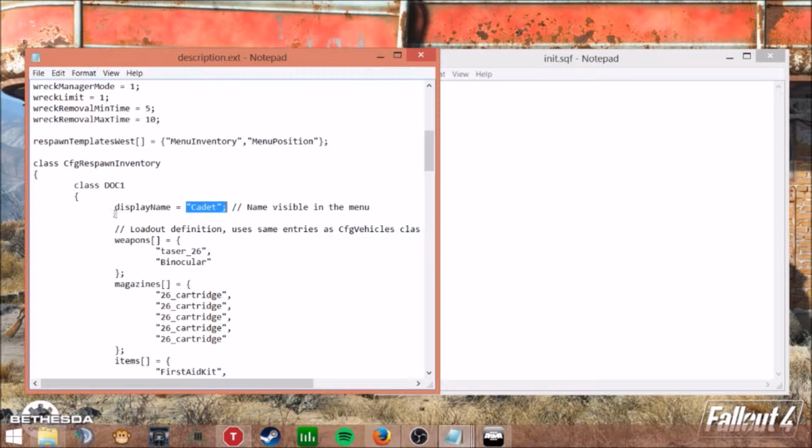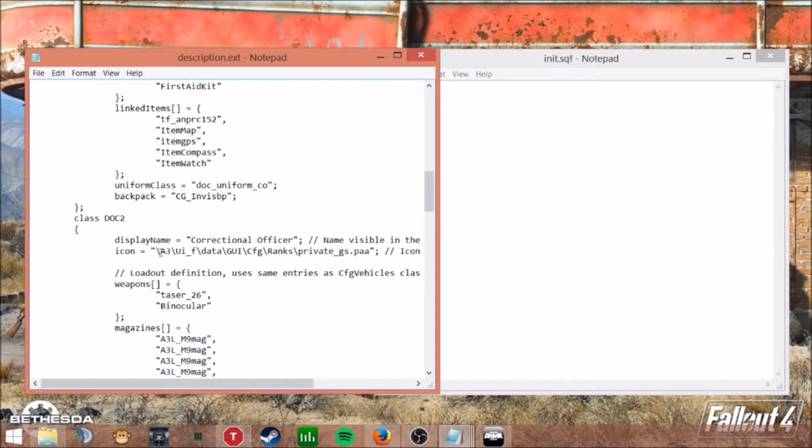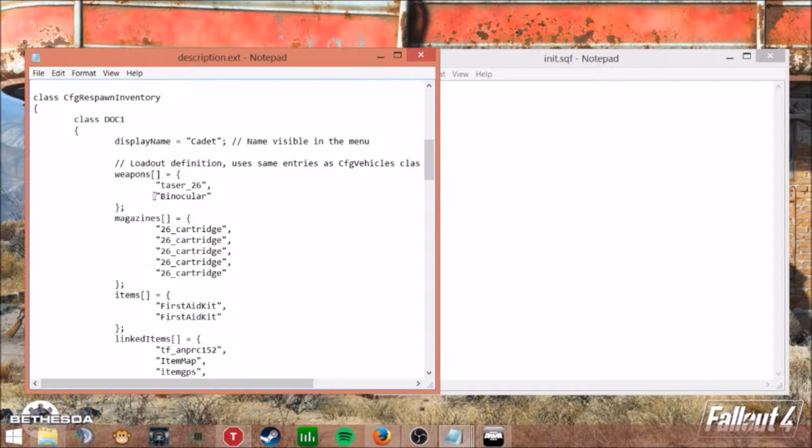So here I deleted another line, but I'll show you on the bottom here. You can put in an icon, so the icon basically shows up right beside the name. In this case it's a private tag. So I'll go here. Then after that you start putting, open up brackets, sorry, you put that in, and then